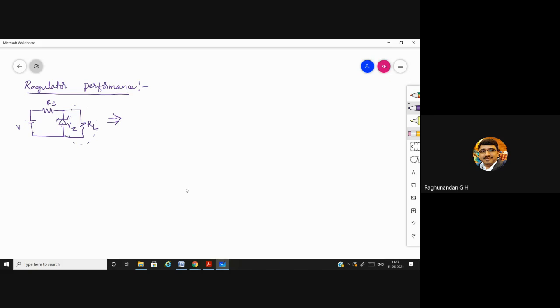And let us take the resistance offered as ZZR, Zener resistance. Okay, you can tell it as an impedance or resistance. Both are same. So when it comes to Zener diode, we tell it as impedance ZZR. So when you ignore this load resistance, can you tell me how this RS and this ZZR will be? Whether they will be series or parallel? Series. Yes, they will be in series.